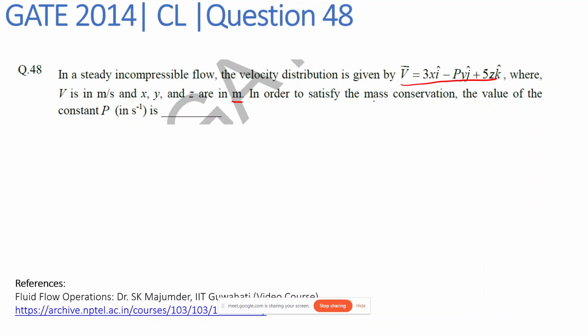Since we have been given that the mass conservation is satisfied and also the fluid is incompressible, we can say that the continuity equation will hold true in this case. And here we have been provided the vector form of the velocity. So we can use the vector notation for the continuity equation. That is, we can write this as del dot v is equal to 0,